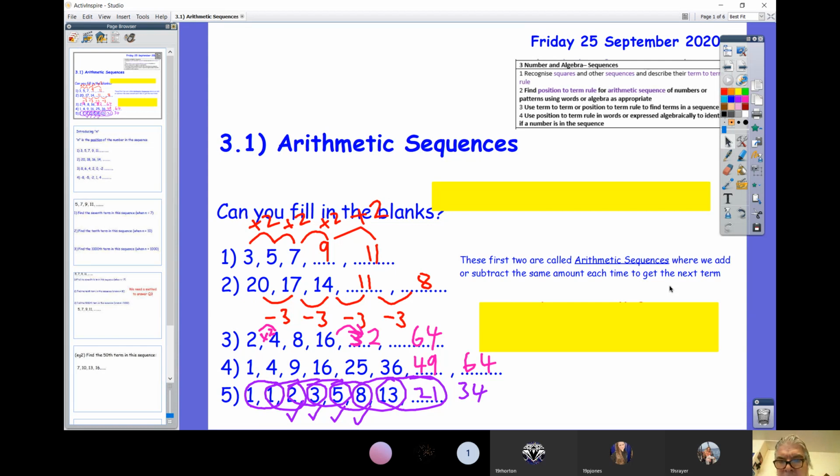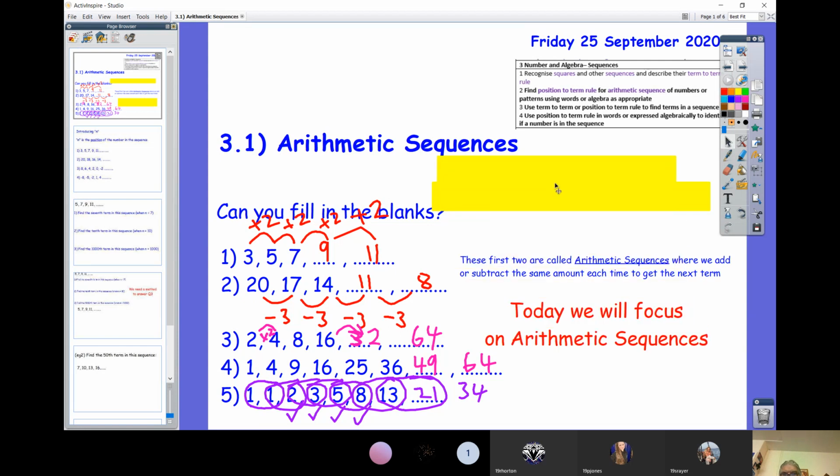So these first 2 are called arithmetic sequences, underlined, where we add or subtract the same amount each time to get the next term. And you can write that down or not, I don't mind. But today's lesson, we're going to be focusing on arithmetic sequences, hence the title of the lesson. Now,